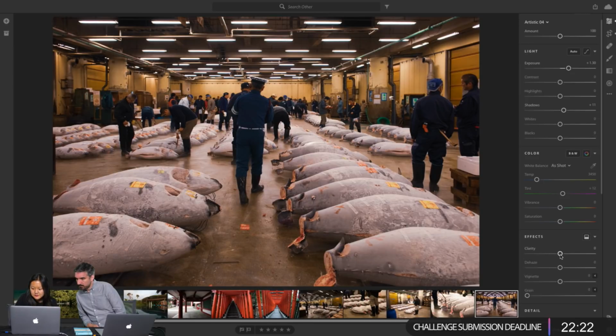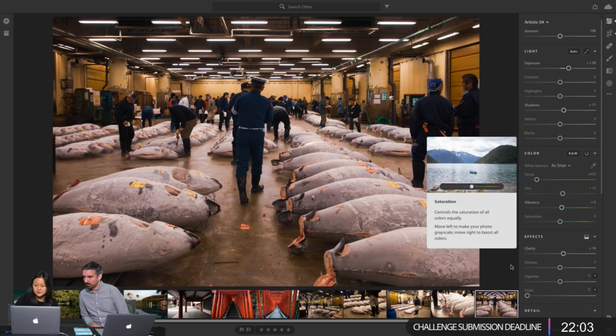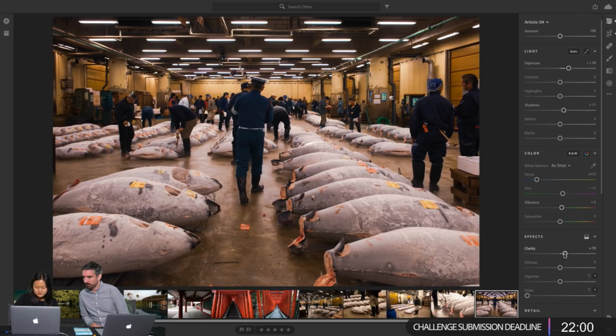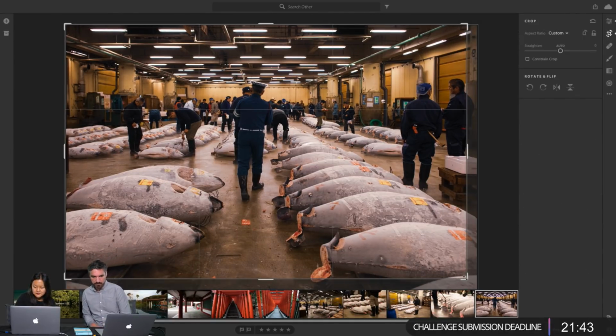I always like to add a little bit of clarity. I find myself, when I edit, I like to use the keystrokes, because I have a little bit more control. I find that when I just drag the mouse slider itself, it just goes boonk, and it pops over to like 30 instead of just 10. I like to add a little clarity, just to kind of, clarity increases mid-tone contrast, so the end result makes your image look a little bit sharper without making it crunchy.